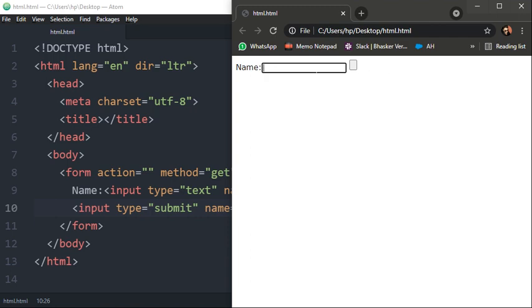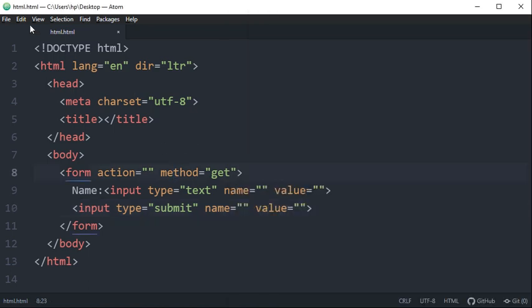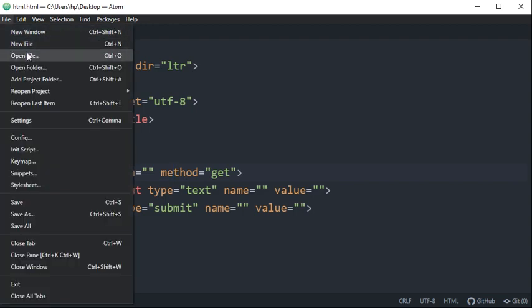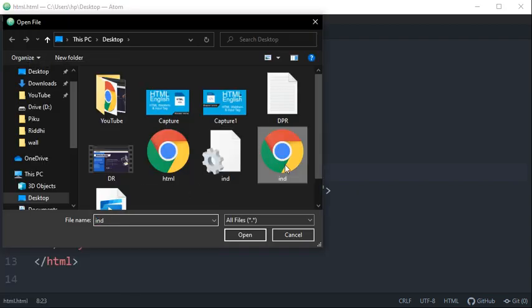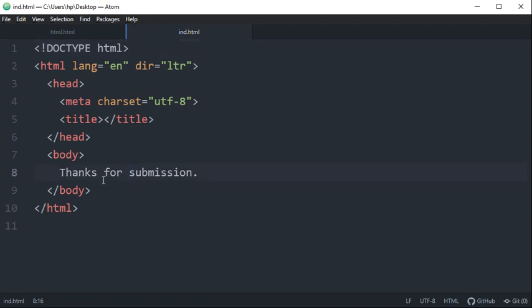For now, I want that as I enter my name and submit, I get a message in return: thank you for submission. So how would I do that? I have another HTML file saved here. I simply typed plain text, thanks for submission.